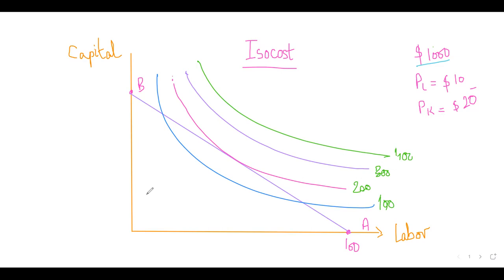Okay. Now, out of all these isoquants, which isoquants are affordable by the producer? Which isoquants are affordable by the producer with the available amount of investment? Can you tell me? Students, quickly. This should be simple. This was exactly the same concept that we discussed